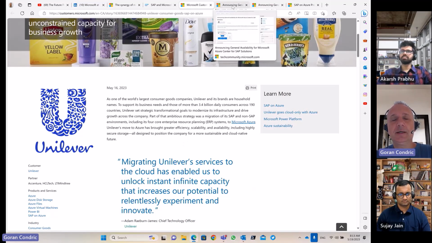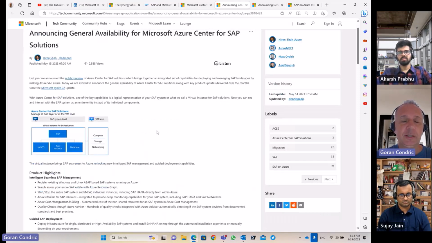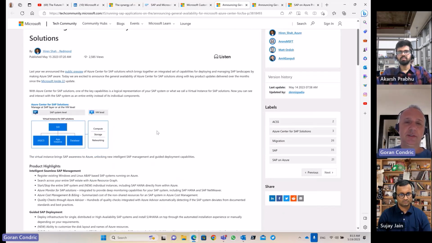Then there is a huge amount of other Microsoft announcements and GAs of different products. One example is Azure Center for SAP Solutions. We talked about this product in the past. It was in public preview, and now it has reached GA.